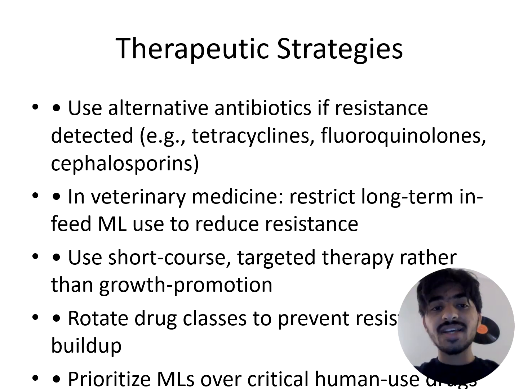Coming up to the next slide, the therapeutic strategies. If resistance is detected, what are we going to do? We can use alternative antibiotics such as tetracyclines, fluoroquinolones, or cephalosporins. In veterinary practice, avoid long-term feed macrolides, which are common in pig and poultry production systems. Use short-term targeted therapy instead of growth promotion, and rotate the antibiotic classes to reduce resistance selection,